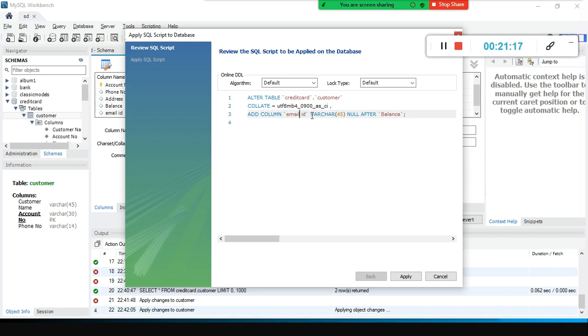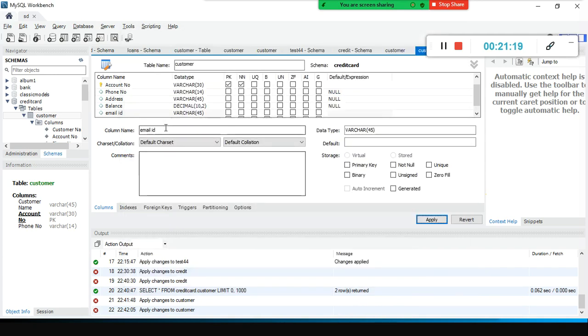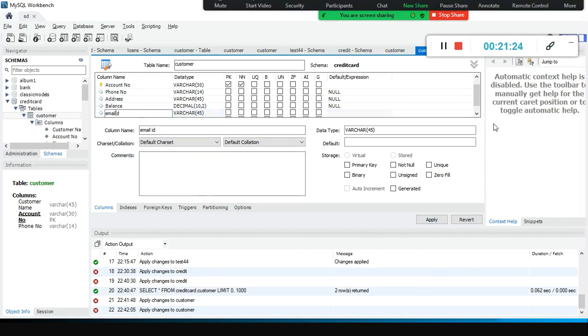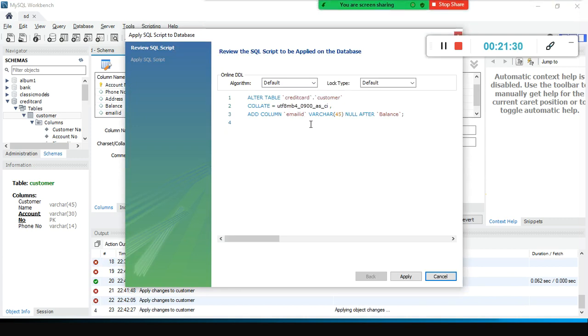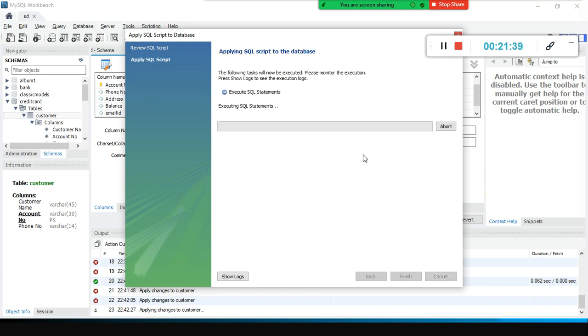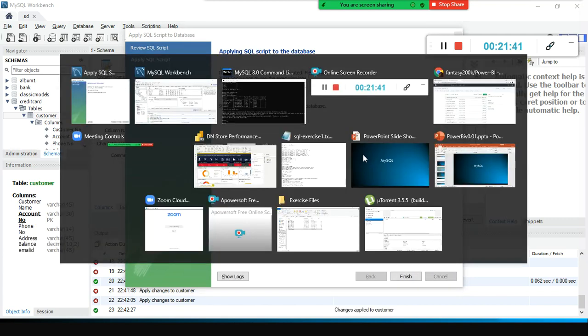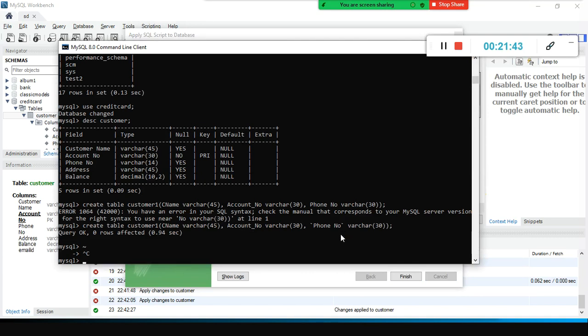Earlier it was not there when I used email ID without space. I'll just show you once again. Look here, here also it uses oblique by default. Adding a column, by default it uses oblique only. But if you go to the command prompt, you don't have to specify oblique for everything, but only for those column names where you leave space.